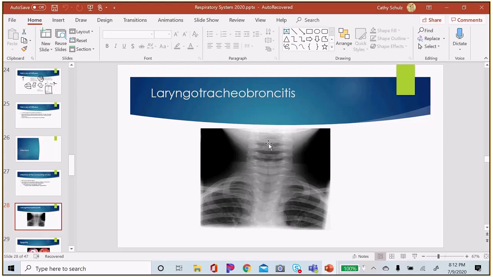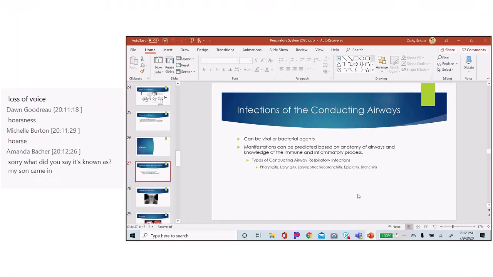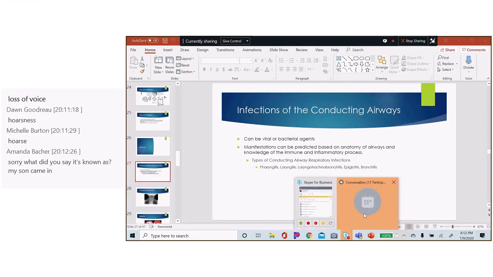I'm not sure how well you can see this, but this is someone's neck down into their clavicles, top of the rib cage. This would be the main bronchus, which you can see has become a steeple here, which should be open into the trachea because of the degree of inflammation, which is different than epiglottitis because,